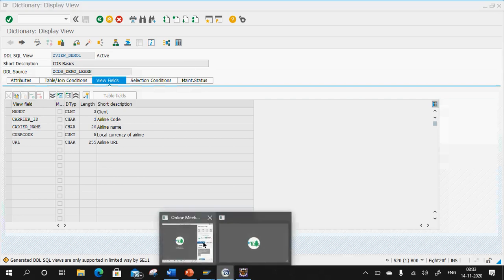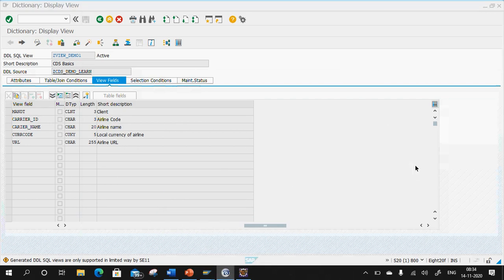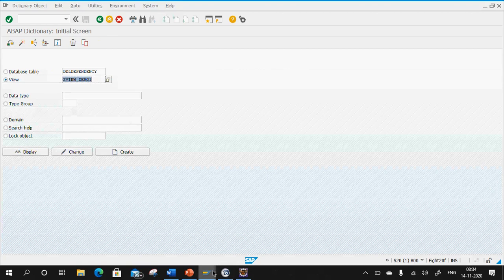Up to this point, is it clear, guys? These three important points: your DDL dependency table, how the DDL sources are getting captured in the TR, and why you cannot edit the same from here, as I just showed you. Up to this point, is it clear, guys?